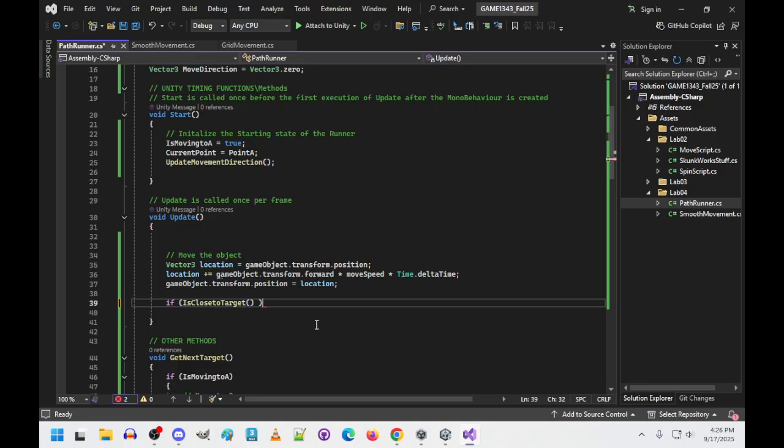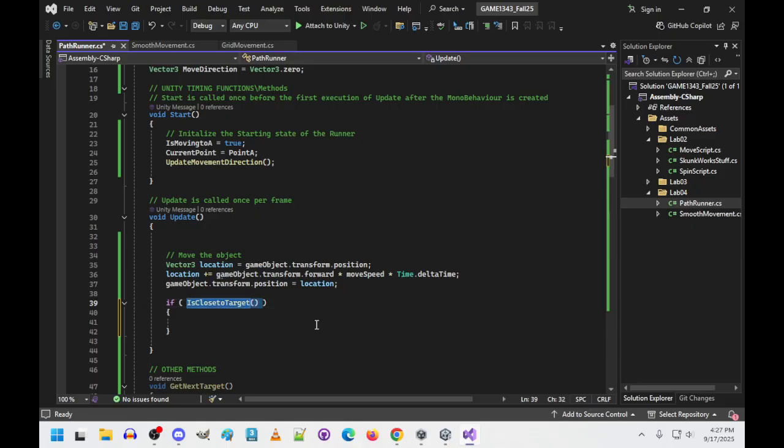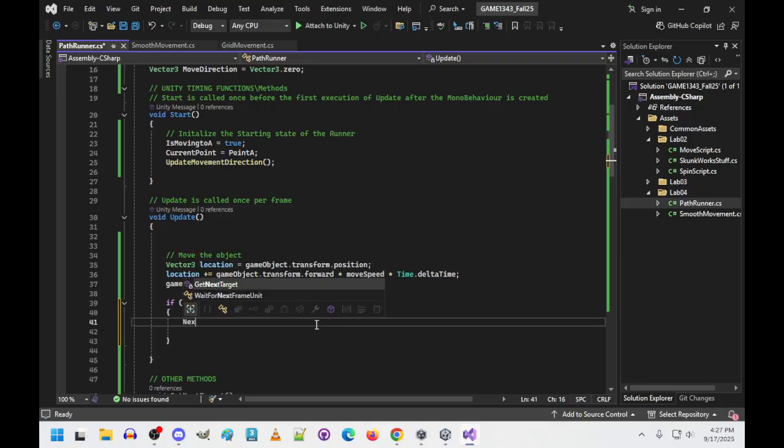So this is the function call. Now we don't have a semicolon at the end of this because we're inside an if statement. And we can use this as just that in here because it returns back a Boolean. So this function call is going to return back a Boolean, and that's one of the conditions for writing Boolean statements. So we can plug in is close to target as a Boolean. So if we're close to target, then we're just going to call